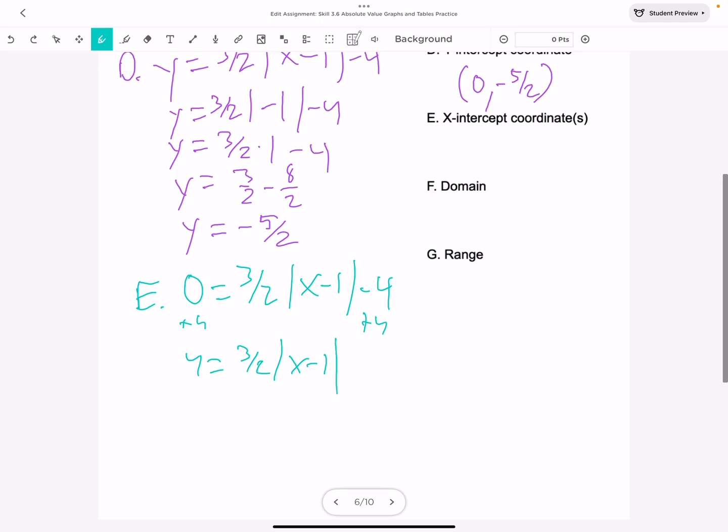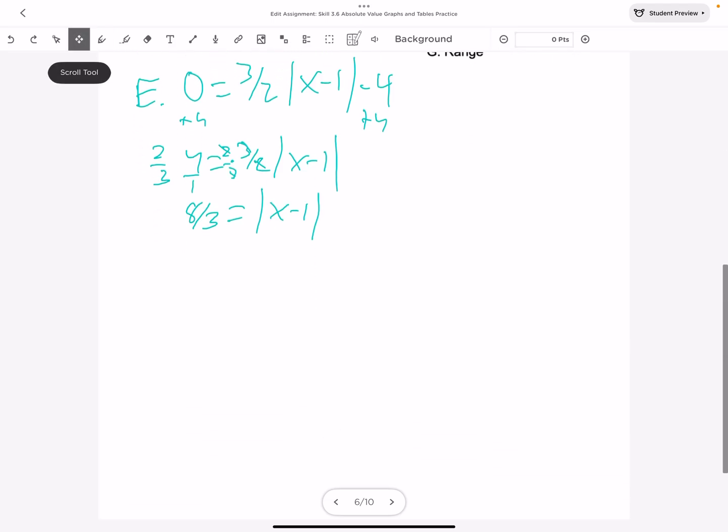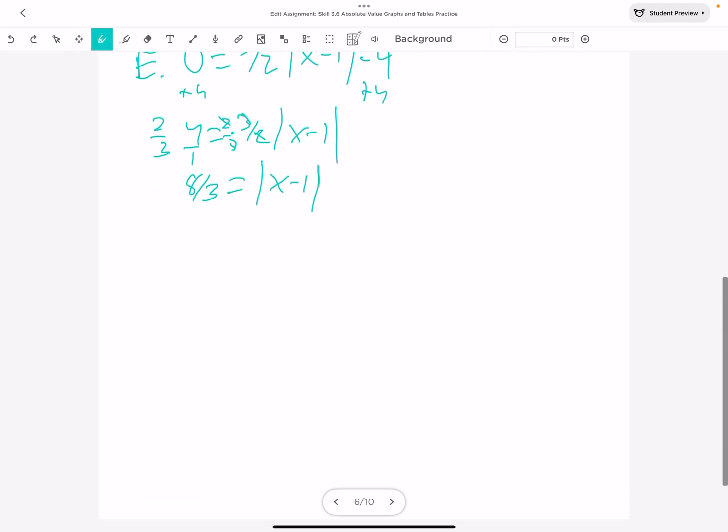Now, when we have 3/2, we can multiply by the reciprocal, so that's 2/3. And so I get 8/3, right? 2 times 4 is 8, 3 times 1 is 3, 8/3. And then when I multiply by the reciprocal, the 2's cancel and the 3's cancel, and I'm left with the absolute value of x minus 1. And so then we can just split into 2, and I get 8/3 is equal to x minus 1, and